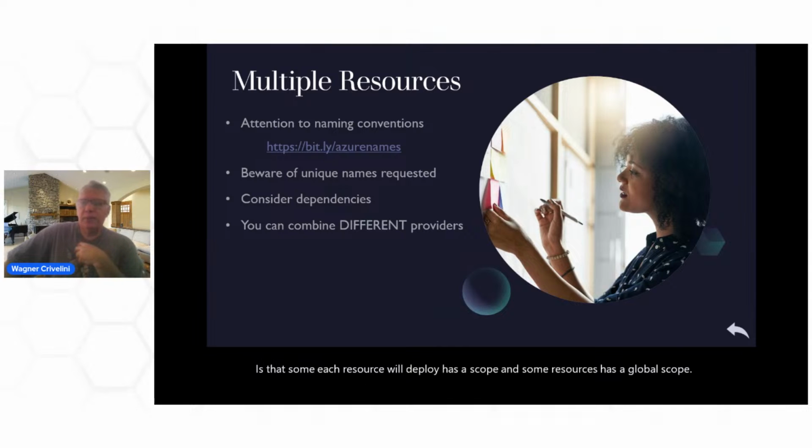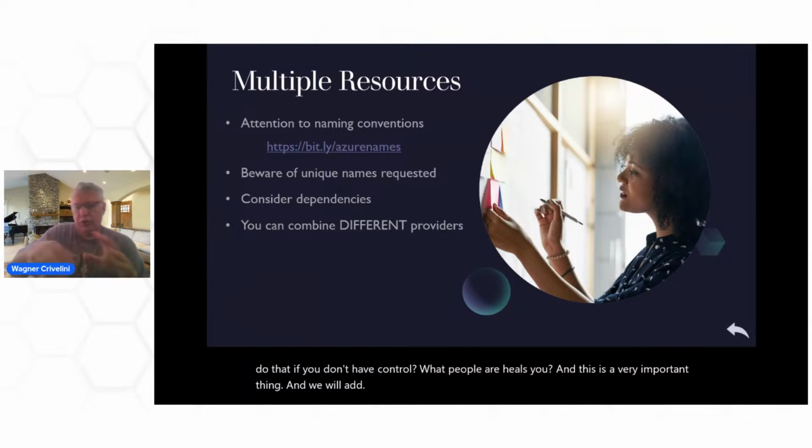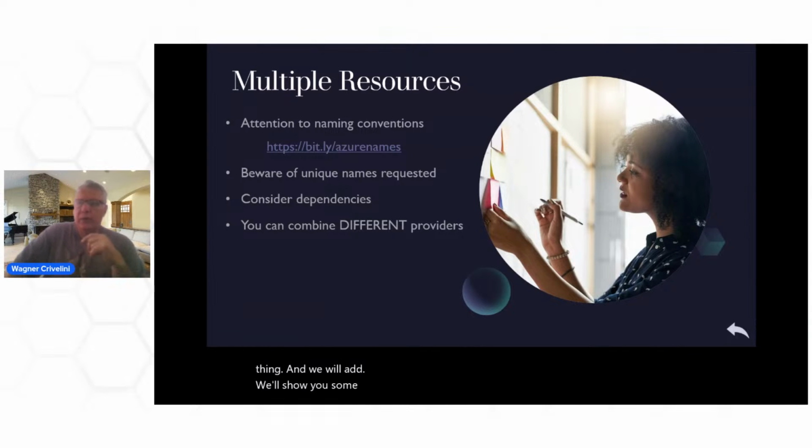So you must make sure your name is not used anywhere else in the world. And how can you do that if you don't have control over what people are using? This is a very important thing, and we'll show you some tricks here to work with that, okay? Another point,